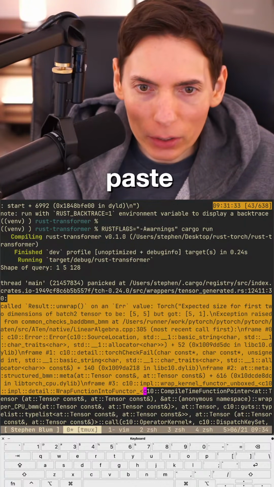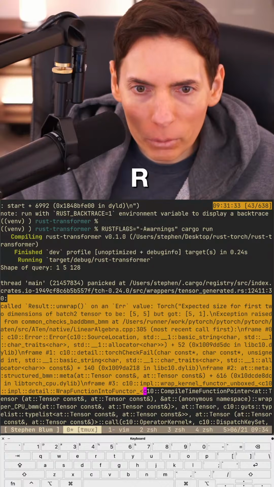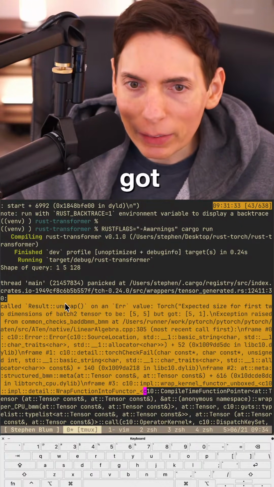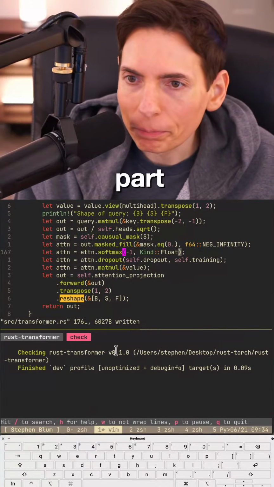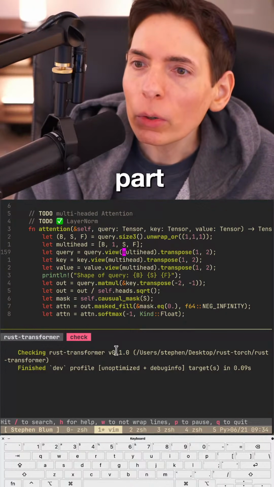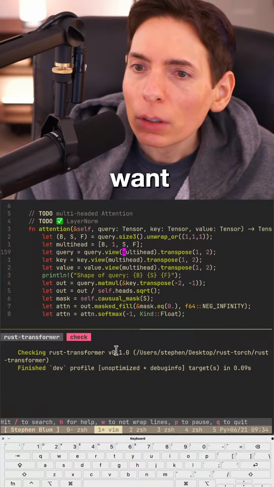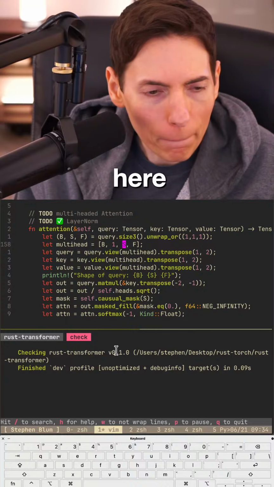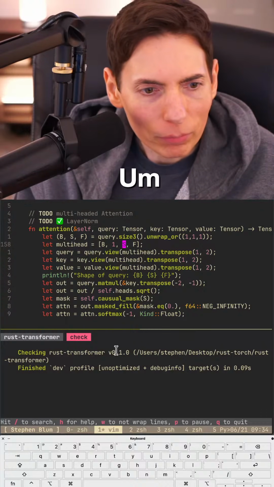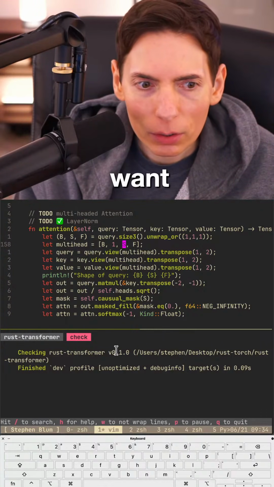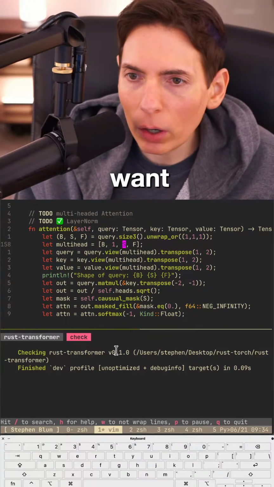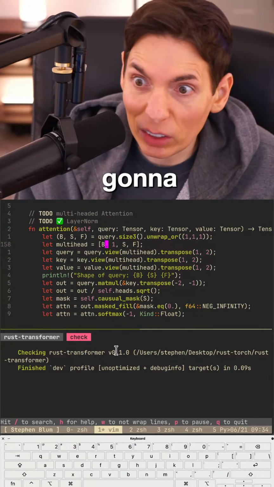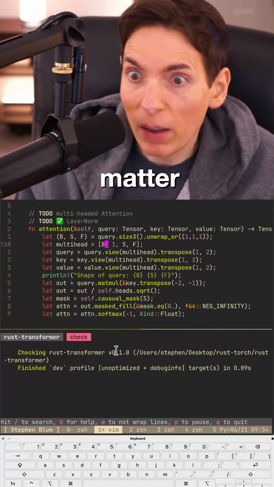Here, I'm going to copy and paste that, Squirrel Sniper. Run matrix multiplication against the transpose key. Output, yep, -2, -1. All right, so we've got that part. Where is the thing that we want? Are you sure this is what we want here? I'm pretty sure I want it the other way around. Although it doesn't matter really. I suppose it doesn't. It's going to be the same thing either way.